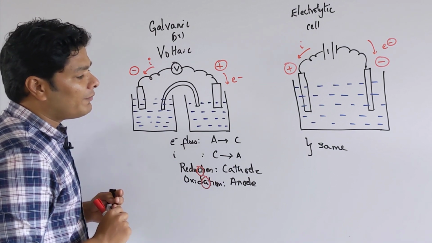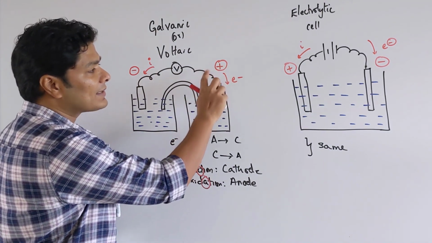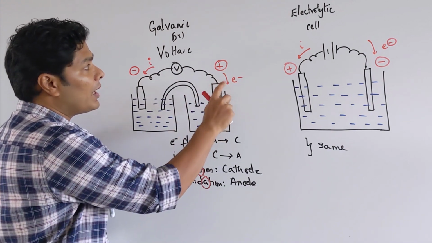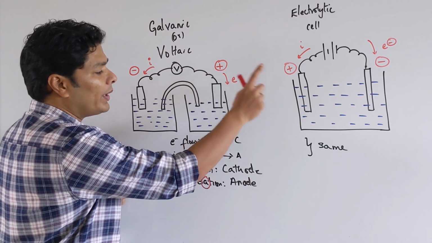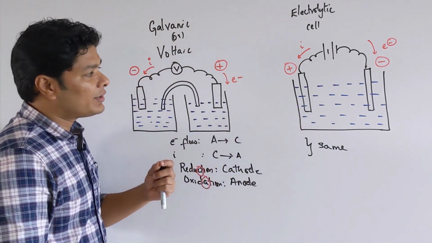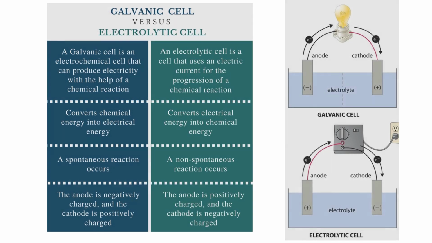And the other main convention changes, the cell sign, the sign is going to be opposite for them. In your galvanic or voltaic cell, the cathode gets the positive sign, whereas in the electrolytic cell, the anode gets the positive sign. This is something you want to know. The basic differences between a galvanic and electrolytic cell is listed out here. Make sure you pay special attention to the sign notation given for each of the anode and cathode in both cases.